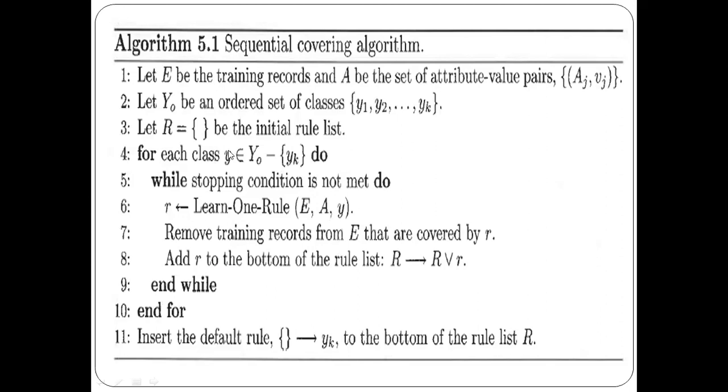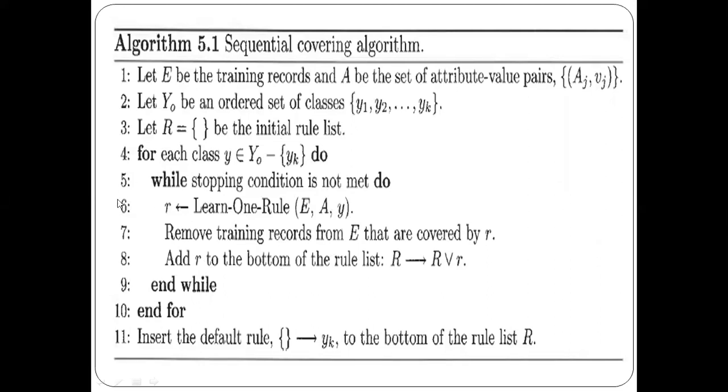For example, once it finds the birds rules, that is, we have got two rules for the birds, later it will find the rule for mammals. That is the second rule it will generate, and after finding that, again it will go to the next rule related to amphibians, and then reptiles, and then fishes. So it will be generating one rule at a time until we meet the stopping condition. For each class level Y belonging to the set of classes, until the stopping condition is met, we'll be learning one rule at a time from this training set of records and attribute value pairs, for this class level Y.